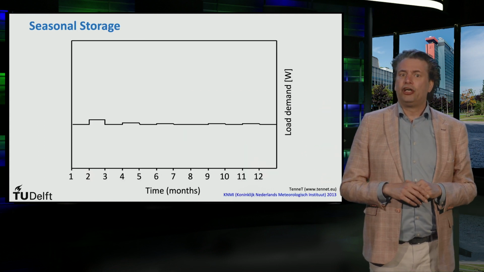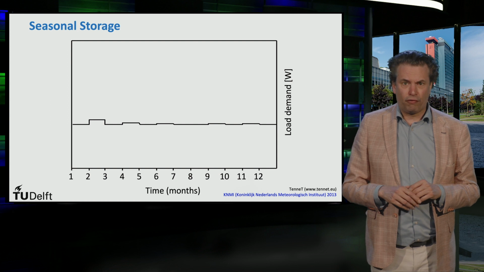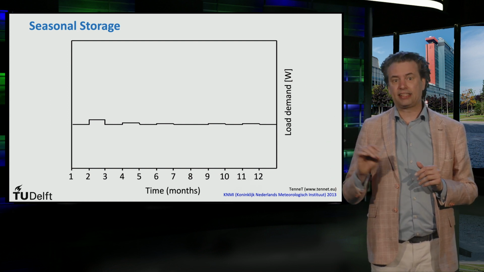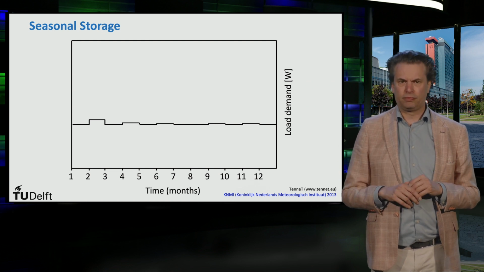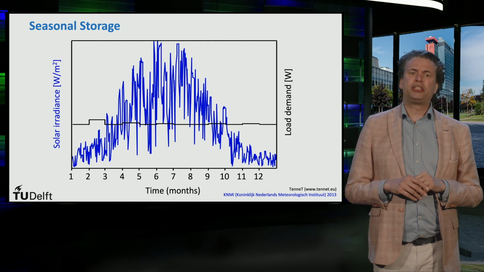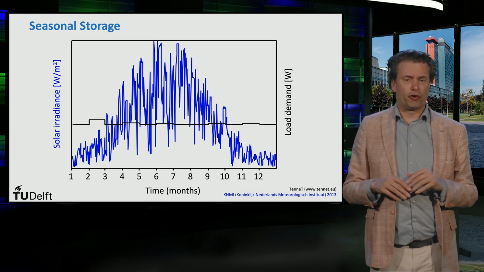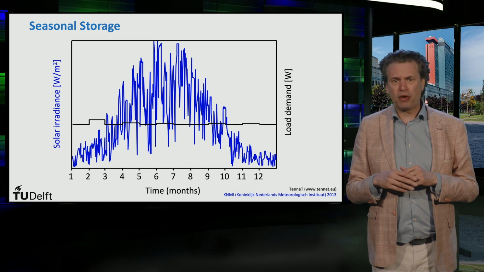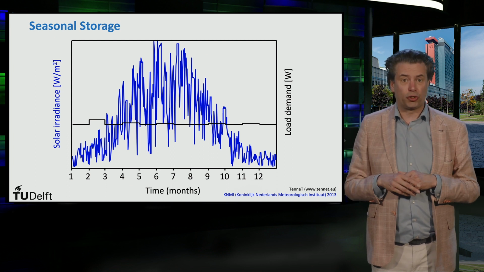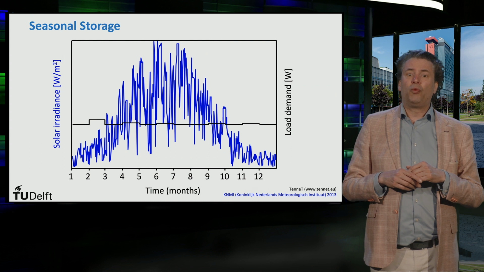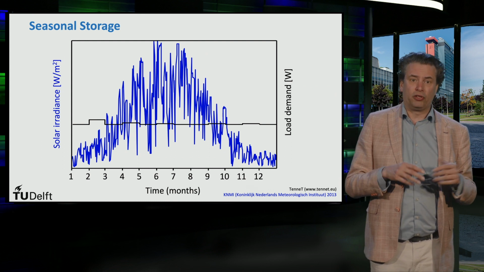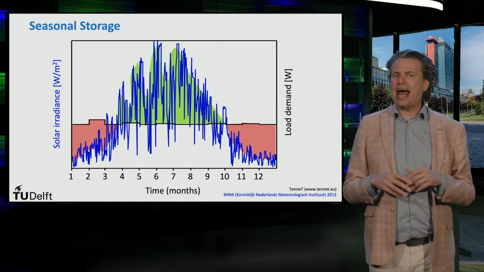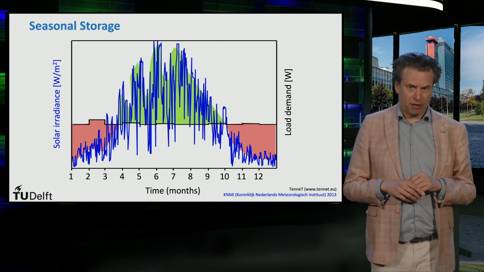In this figure, you see the load demand curve for a whole year instead of one day. The x-axis shows our time in months. Now in blue, you see the corresponding irradiance curve for those 12 months. You can see that in the summer months we have a lot of extra energy, which is shown by the green color, while we do not have enough in the winter months, which is the red area in the figure. This is known as seasonal mismatch of a PV system.